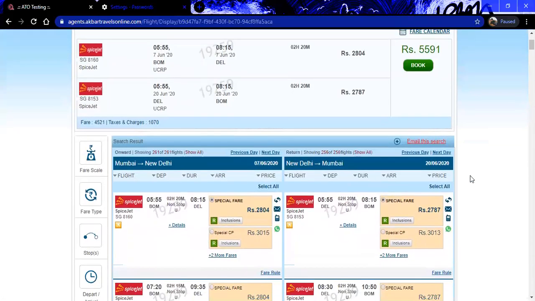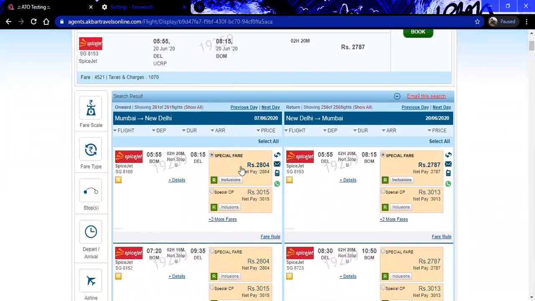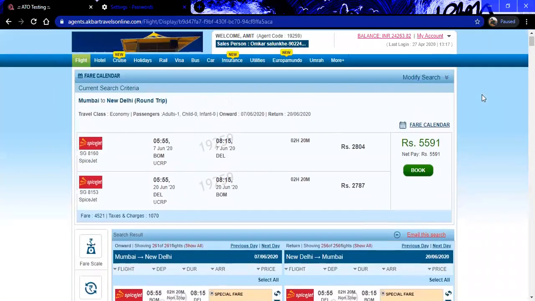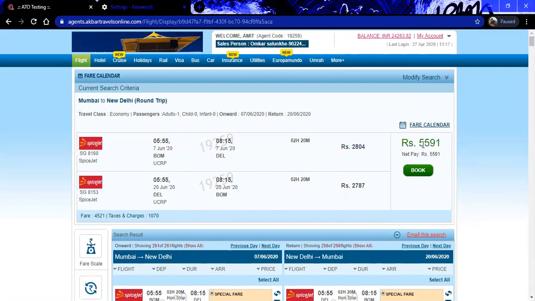Okay, if you wish to see net fare, just click on the plus button and the net fare appears in front of you. On the availability page, it shows similar below the base fare. Okay, it shows the net fare. And if you need to check on the selected flights, it also shows there itself. So as of now, no commissions and the markup is added, so it is not showing anything. Accordingly, you have to go ahead with the booking.